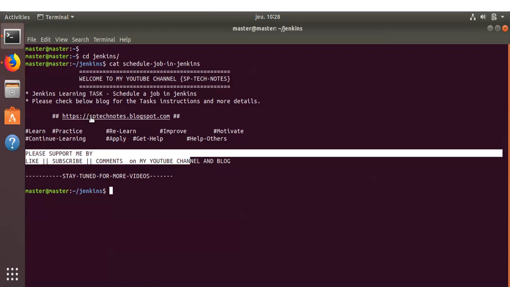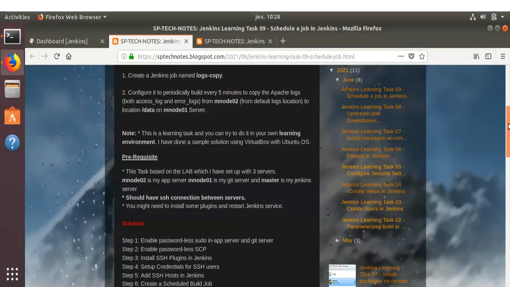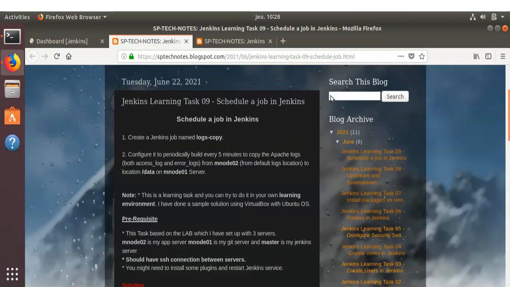Let's go to the blog and you can see the task details. Schedule a job in Jenkins. These are the task details,